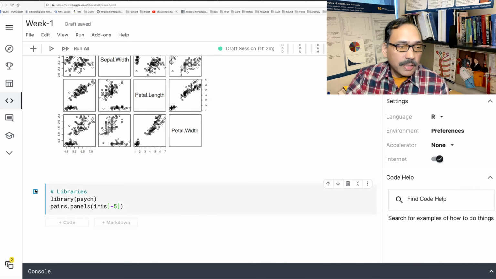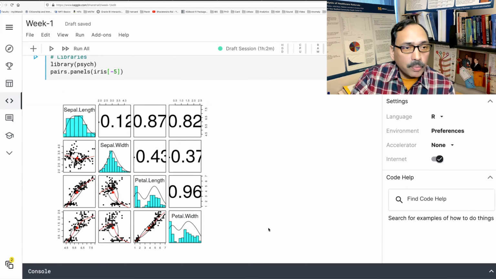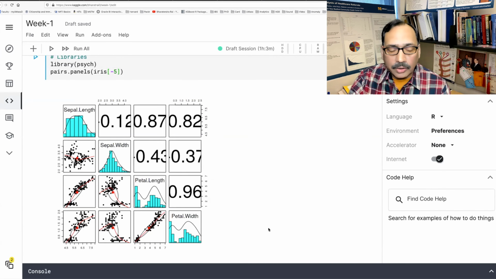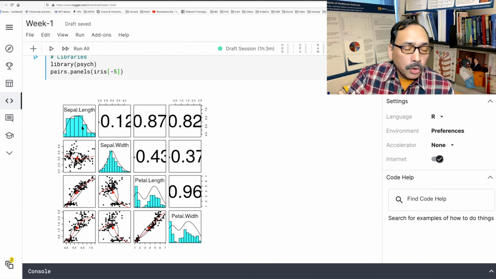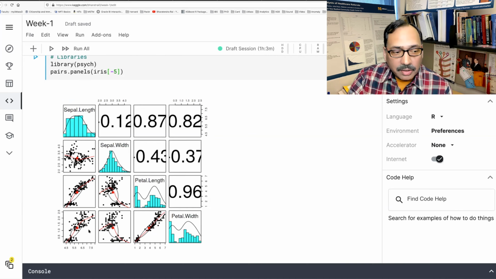If you run this, you'll see that you get a much better output compared to the previous pairs plot. This one not only has all the possible scatter plots in the lower triangle, but it also gives a histogram for each numeric variable and lets you see whether it has any specific pattern. For example, sepal width looks somewhat like a normal distribution. Sepal length is somewhat flat, and petal length seems to be bimodal. There are two peaks, and same thing for petal width.